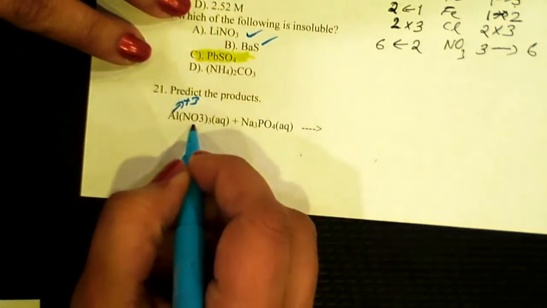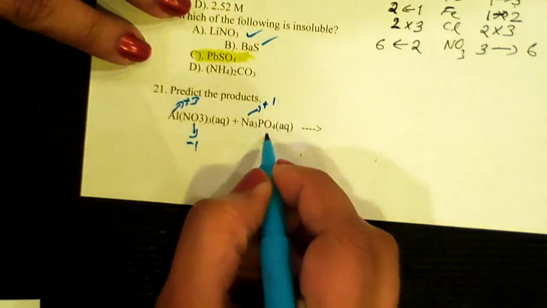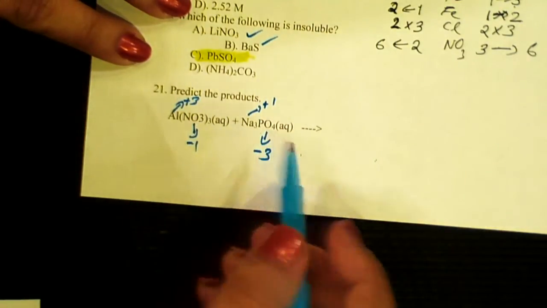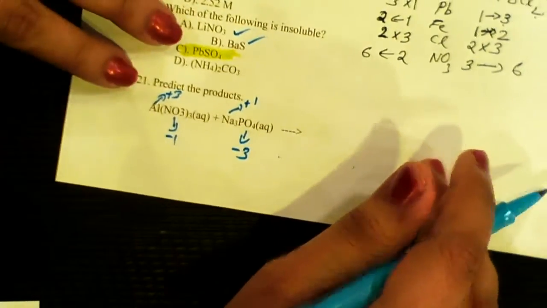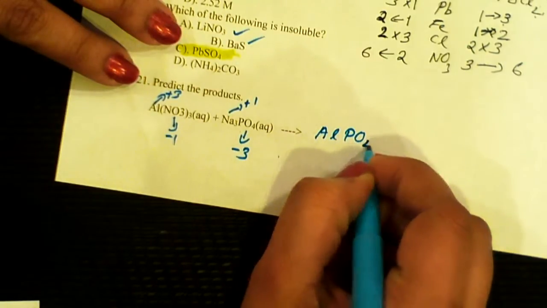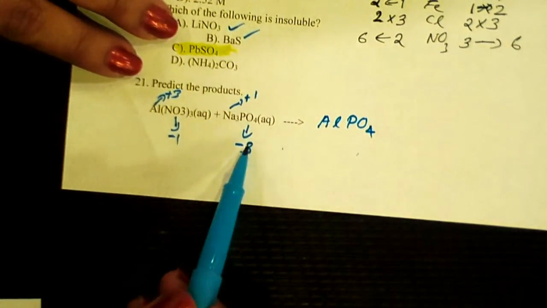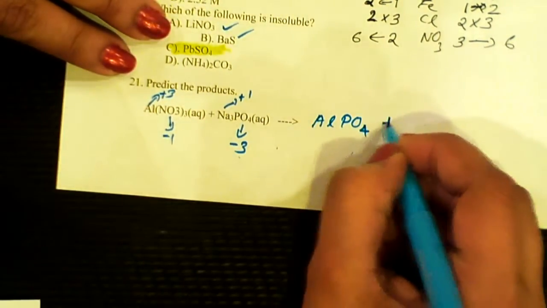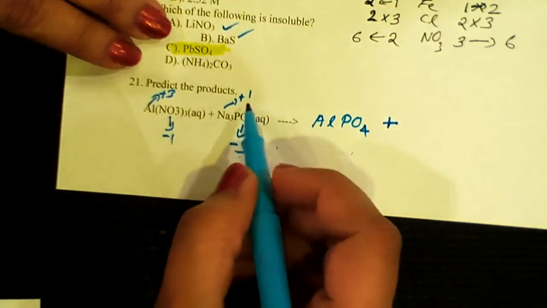And this is the aqueous reaction between two compounds. So when there is an aqueous reaction, you can switch the anionic part, and if it is a precipitation reaction, you have to put the subscript solid. So you have aluminum nitrate and sodium phosphate. Aluminum nitrate, in this compound aluminum has +3 charge and nitrate is -1 charge. Sodium is +1 charge and phosphate is -3 charge. So when you switch the anionic part, you will end up with aluminum phosphate,